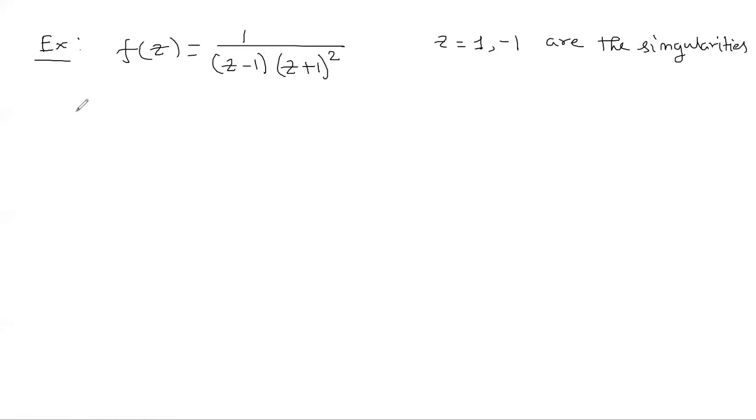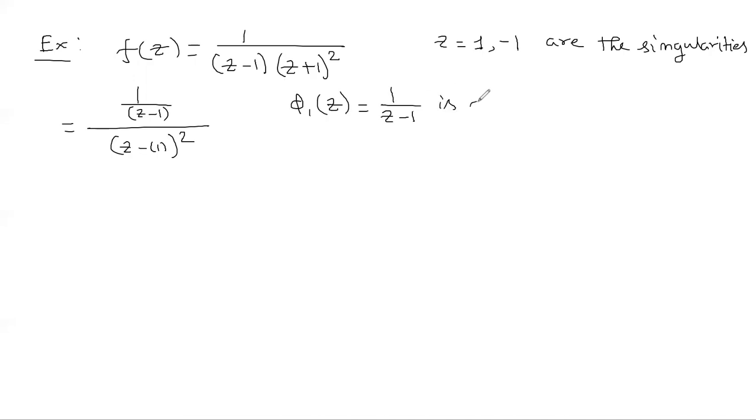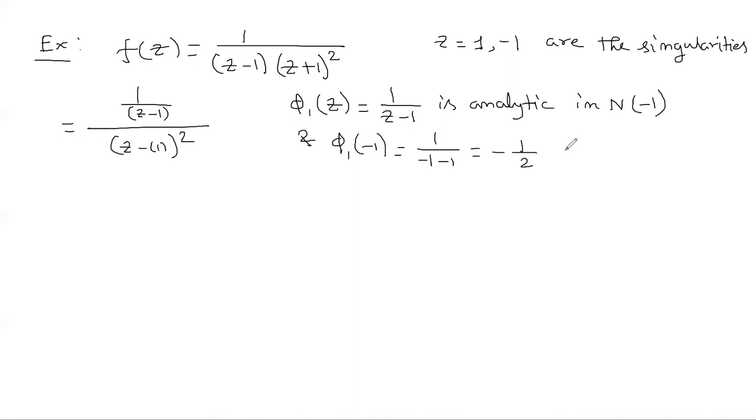Now, if we write f(z) as 1 by (z - 1) by (z - (-1)) whole square, that means if we consider this to be a function phi_1(z), which is equal to 1 by (z - 1), which is analytic in the neighborhood of -1, and phi_1(-1) equal to 1 by (-1 - 1), that is -1/2, which is not equal to 0. So here we can conclude that z equal to -1 is a pole of order 2